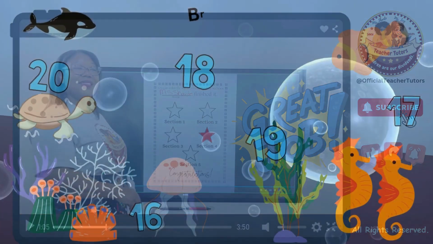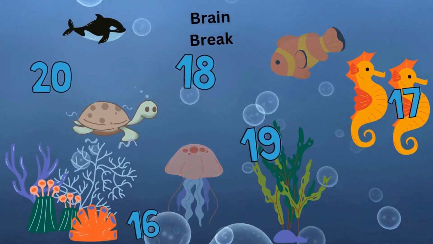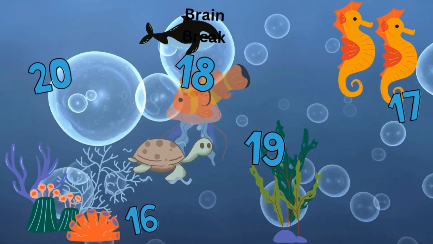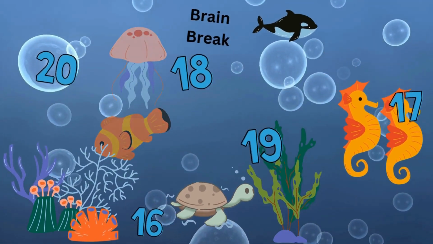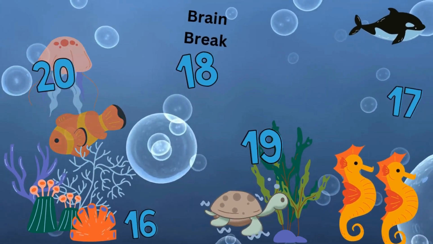Across the floor. 17 hops, now let's do more. 18 twirls, spin around. 19 jumps,